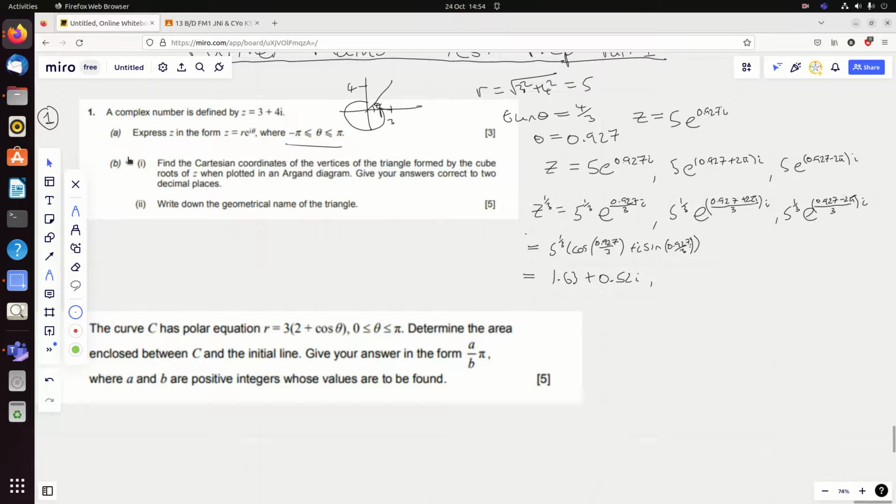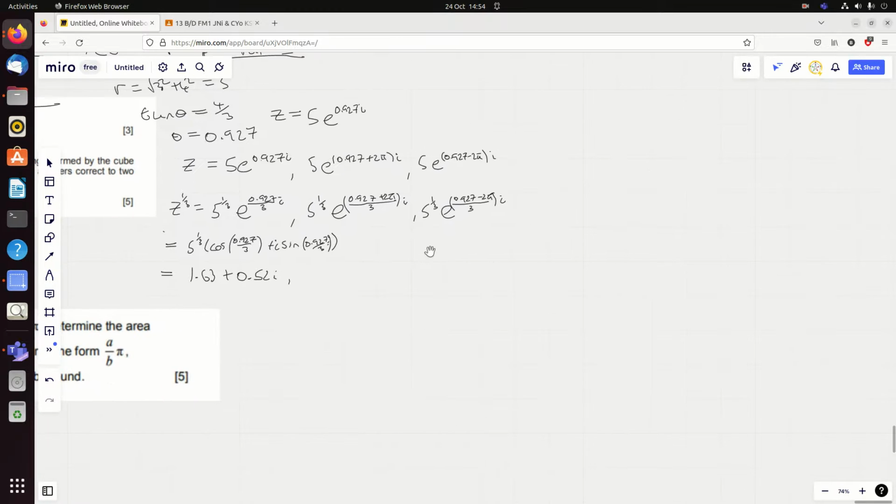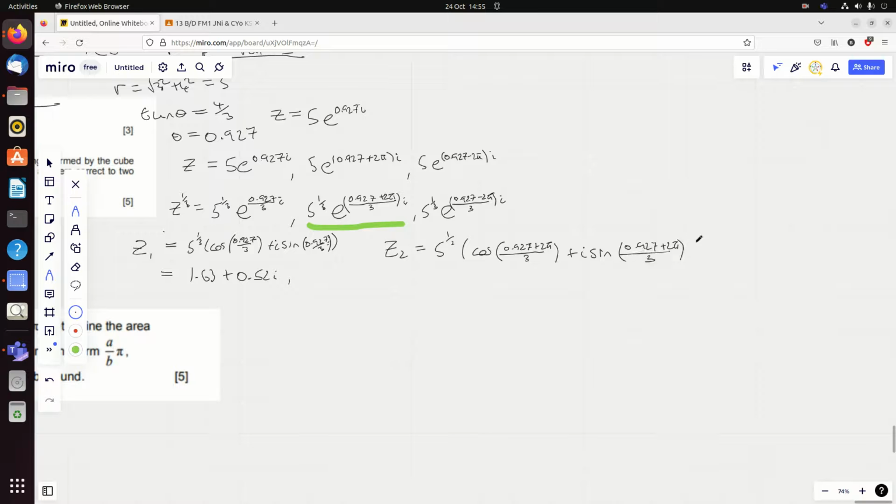Okay, for the next one, if I can just shove the screen over a bit here. Now I'm looking at this one, and it's going to work in exactly the same way. Call that one Z1 if you like. Z2 is going to be equal to 5 to the third times cos of 0.927 plus 2 pi over 3, plus i sine of 0.927 plus 2 pi all over 3. Multiply it all out. Don't forget to times by 5 to the third at the end, and you should get